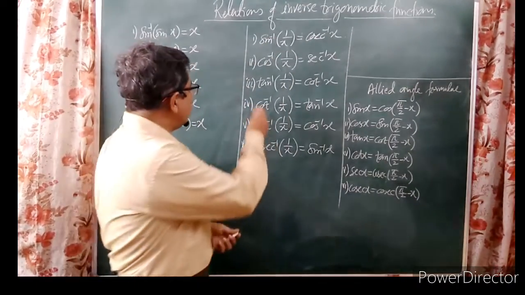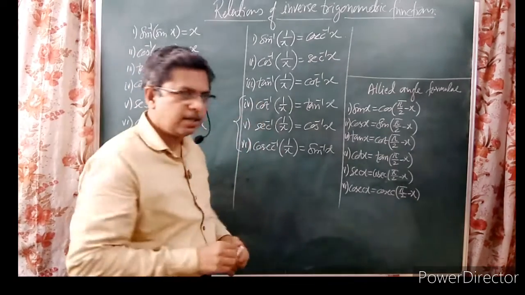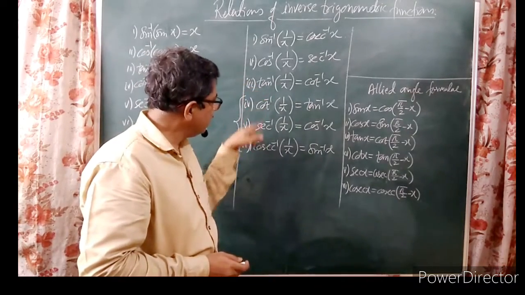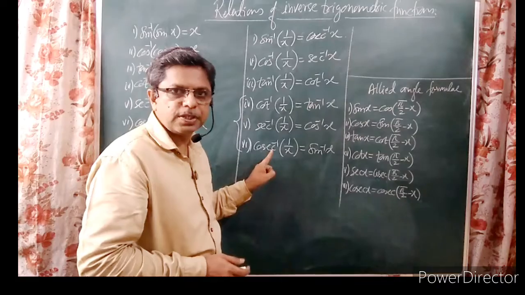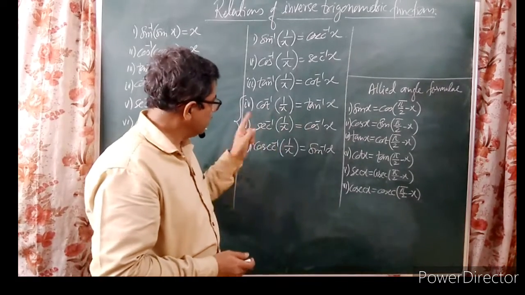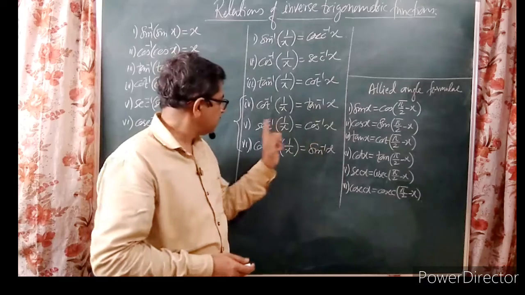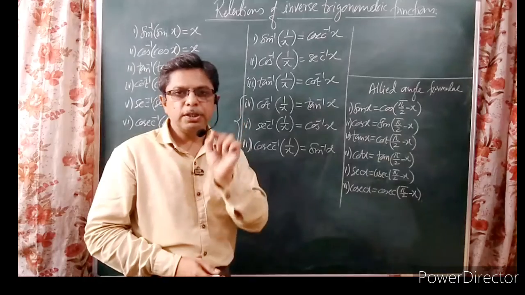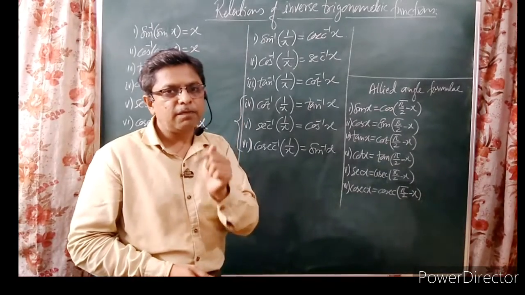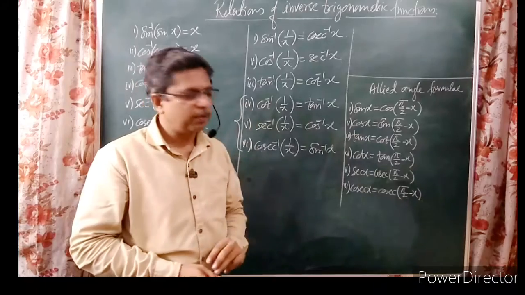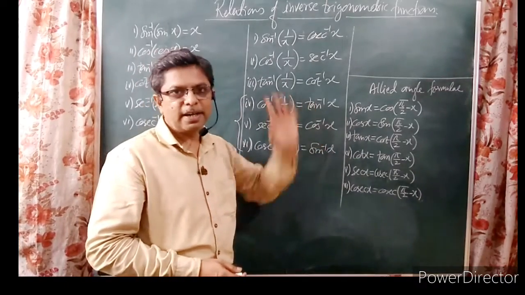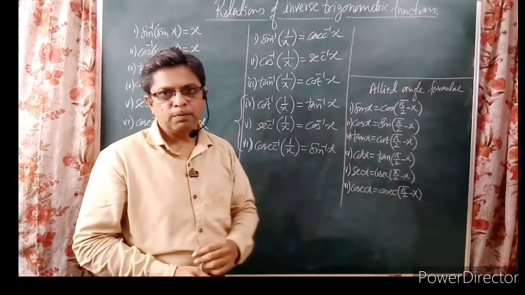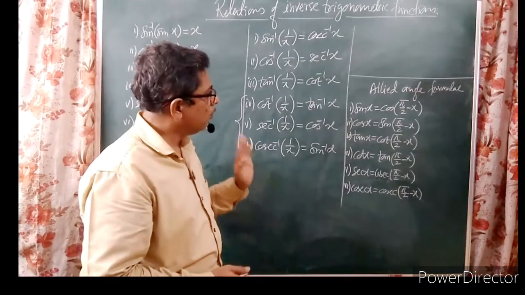But particularly, we are going to use these three. See what we are going to do. If you have any example given in these inverse trigonometric functions, then using these relations, reduce cosec inverse to sine inverse, sec inverse to cos inverse, and cot inverse to tan inverse. Means now we'll solve the examples after this step with only three inverse trigonometric functions: sine inverse, cos inverse and tan inverse. We'll see how to do this in the next examples. But for that we have to go for one more thing.